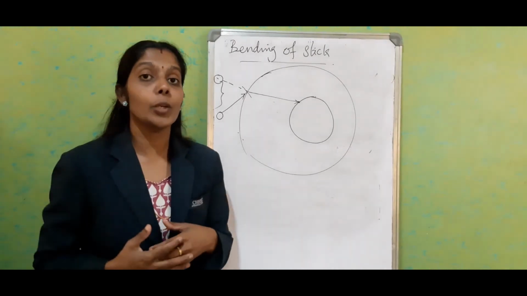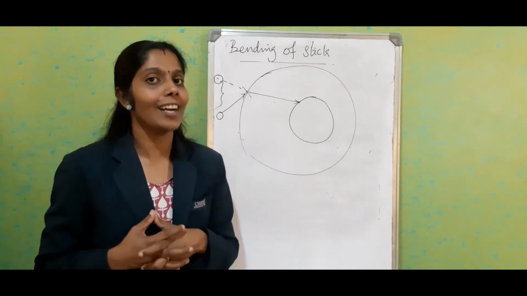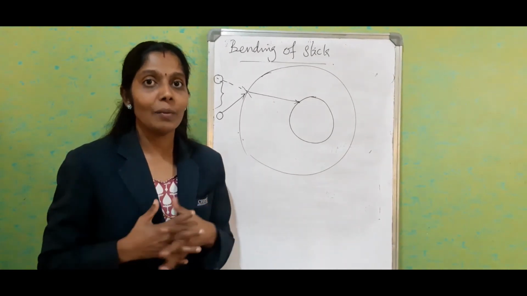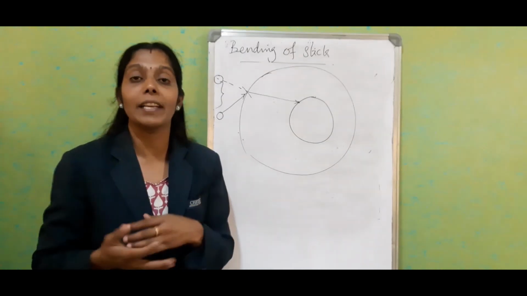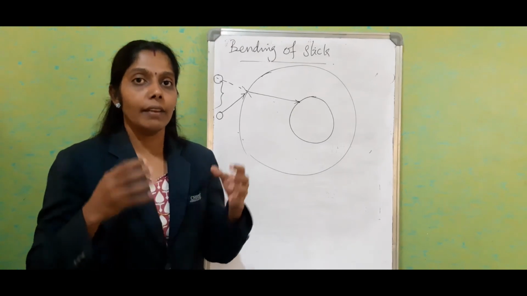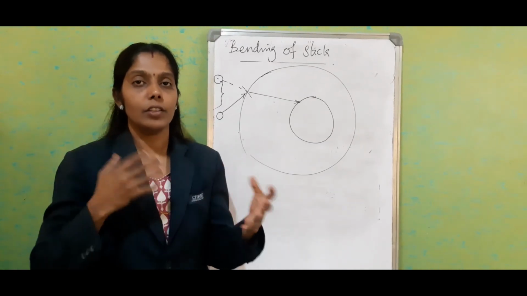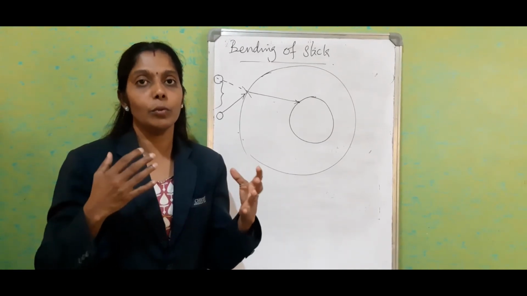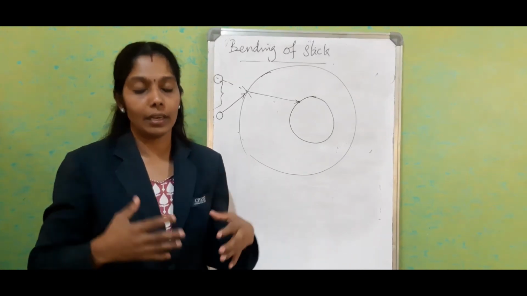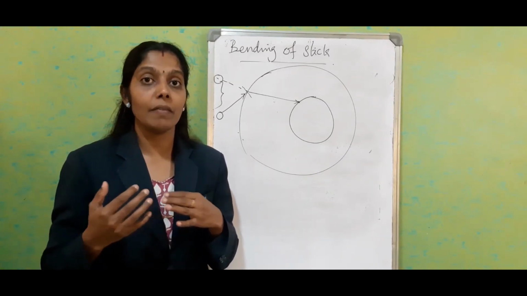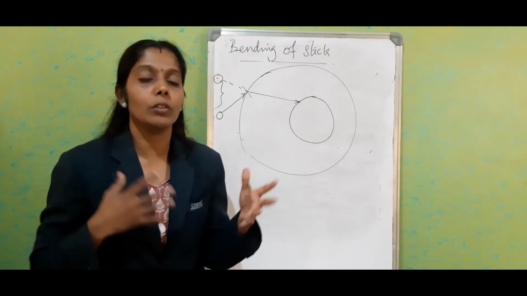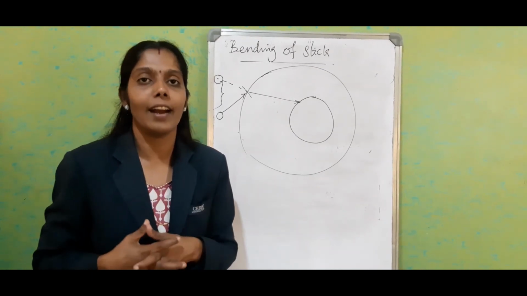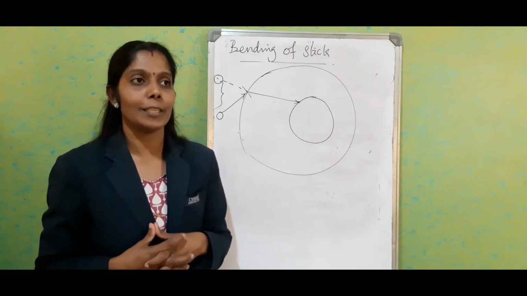You might have seen the twinkling of the stars. We know that actually the stars never twinkle, but still we are able to see the twinkling. That's also due to the application of refraction. When light from the stars moves from one layer to another layer, at the same time there is also a temperature change. So both are factors, both are the reasons behind the twinkling of stars.